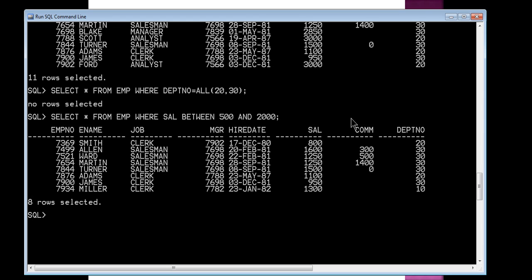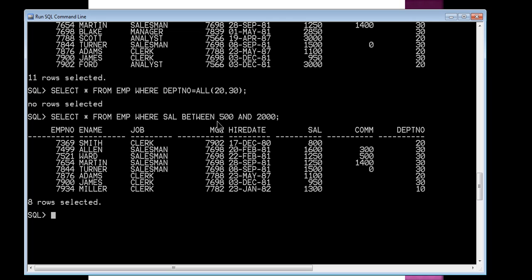So you can see the minimum value is 500 and maximum value is 2000. So between this range, you'll get those rows whose salary is within this range, 500 to 2000. So this is similar to your AND operation.